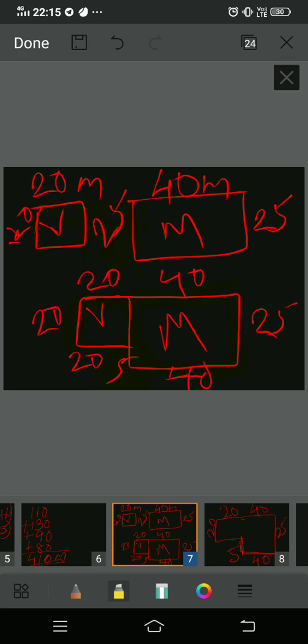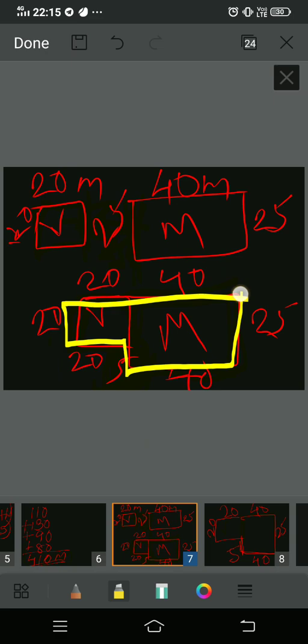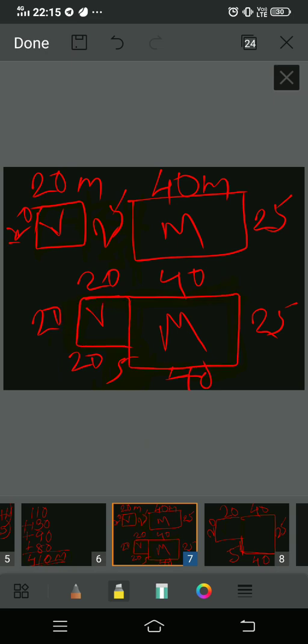So next, what will be the shape? This is only 20 meter and this is 25 meter. You see how I'm drawing the width? This is 20 meter, this much only, and 25 meter is this much. So now the new figure will be, these two lines will be taken off. Okay, we won't consider that, and this is the new plot. Okay, this is the new plot, you can see it in the highlight.